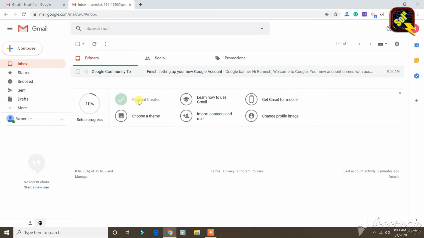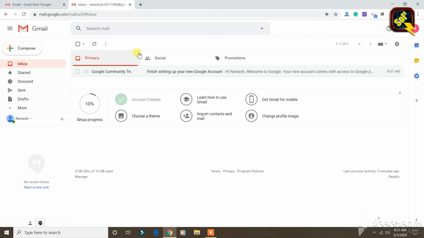This is the way through which you can sign in, or log into, your Gmail account. You can see there are different options. You can also go through all these steps on your own and get to know the different functionalities.